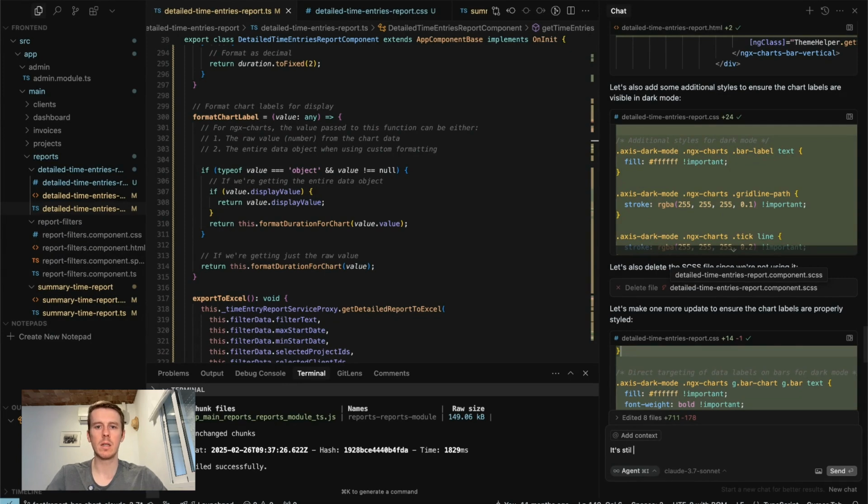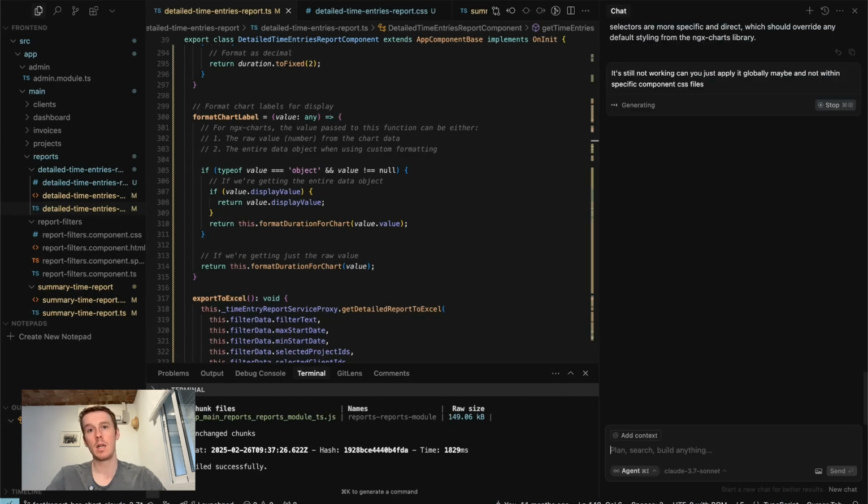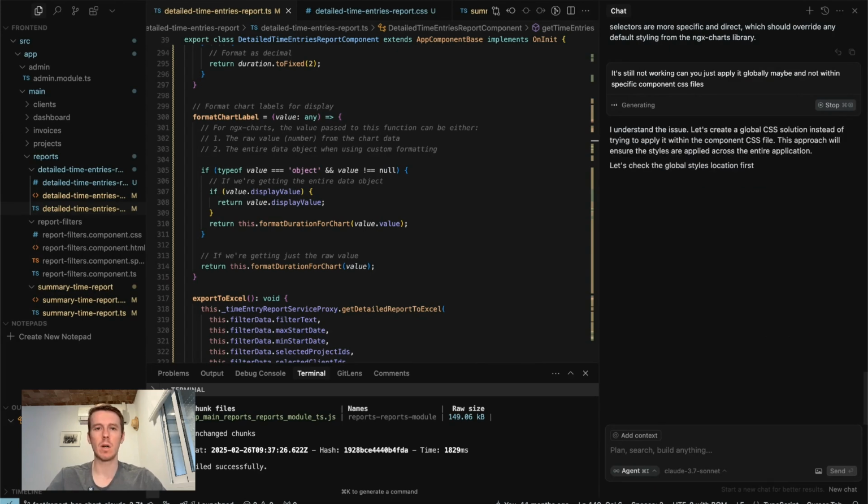It's still not working. Can you just apply it globally, maybe, and not within specific component CSS files? That's the last idea I have to get this working. If it doesn't work, then I'm going to have to really go through the DOM and understand how we're applying our styles. But yeah, it's looking at our style file here,